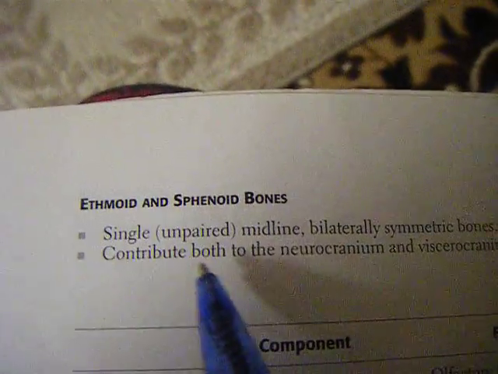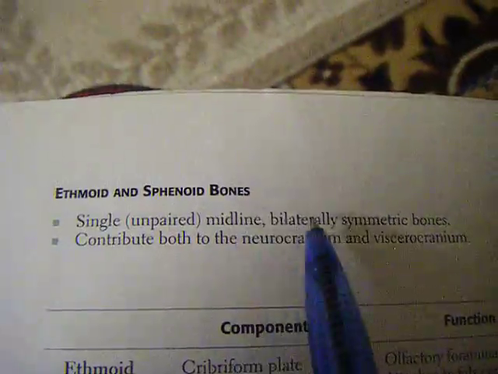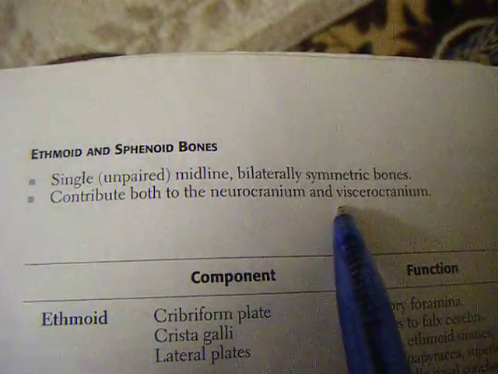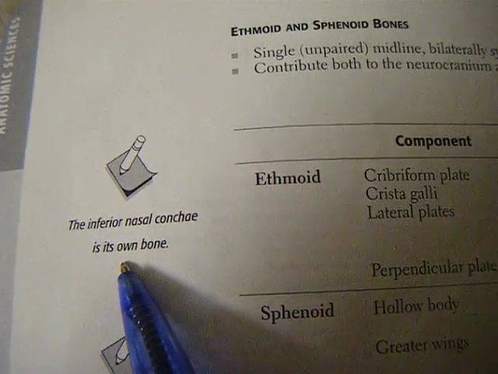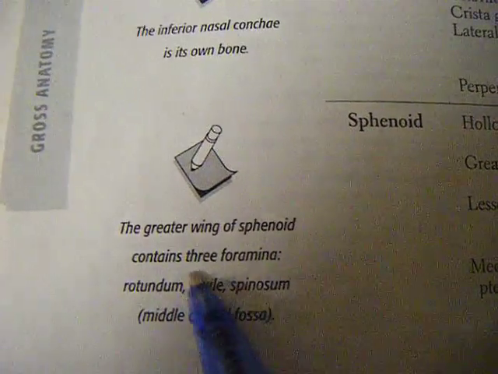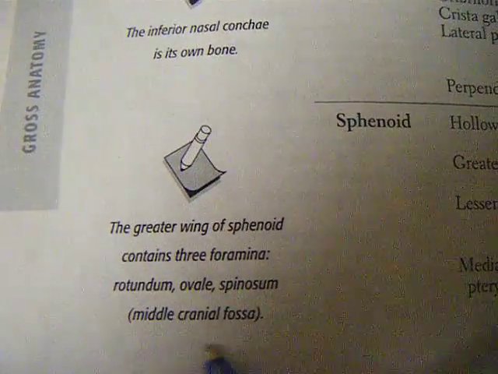Okay, now the next one is ethmoid and sphenoid bones. Those are the unpaired, found in the midline, bilaterally symmetric bones. They contribute both to the neurocranium and viscerocranium. The inferior nasal concha is its own bone. The greater wing of sphenoid contains three foramina, that is rotundum, ovale and spinosum, which are in the middle